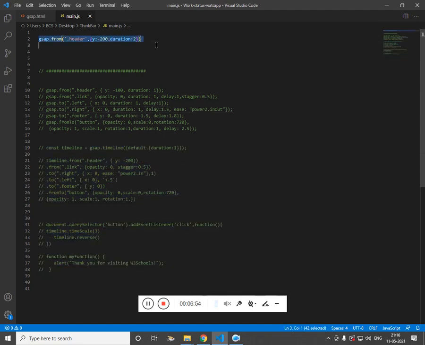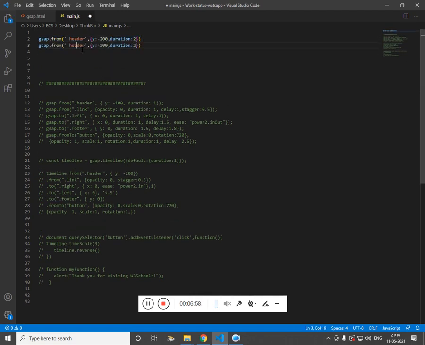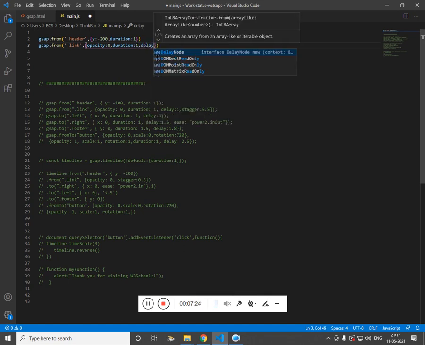Now the same way I'm going to use it for the link. Inside we have link. I want the opacity to start from 0 and end at 1, and let the duration be 1, so that is the amount of animation, and let the delay be 1.